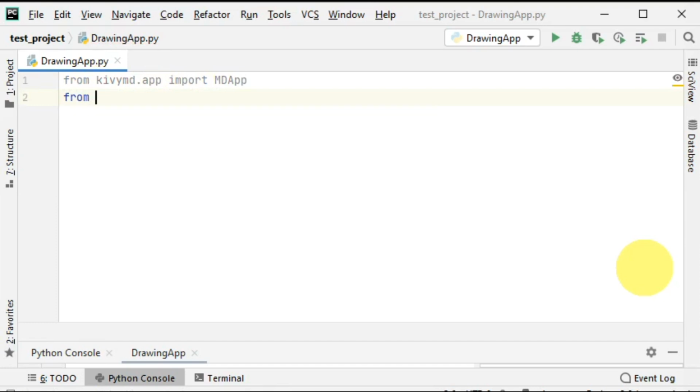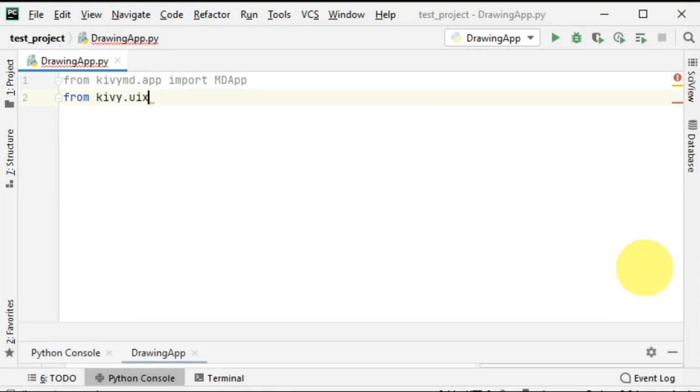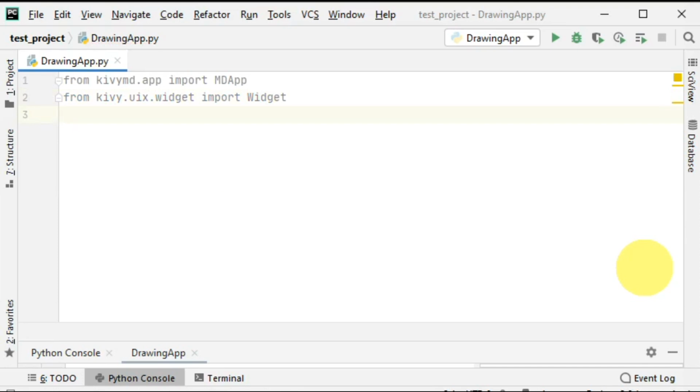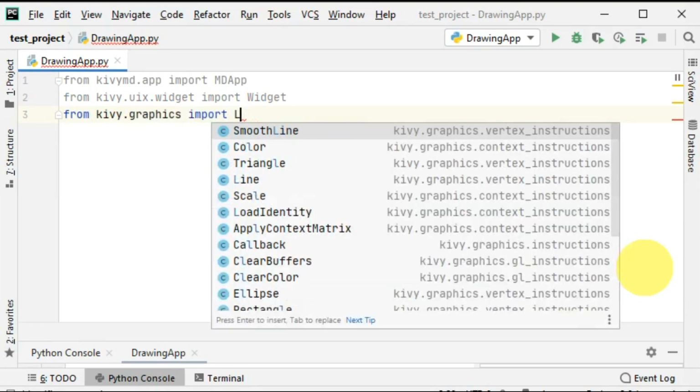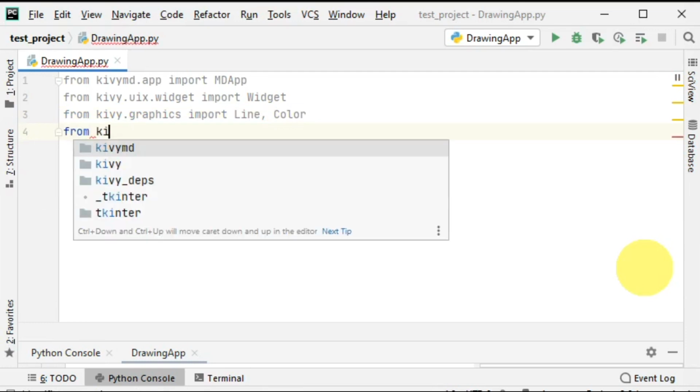From kivy dot uix dot widget import Widget. Okay, now from kivy dot graphics import Line and Color. Okay, now from kivy